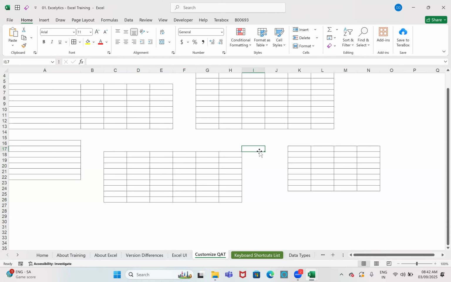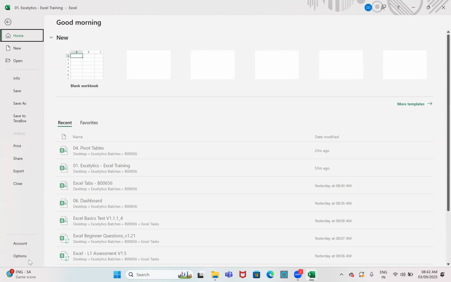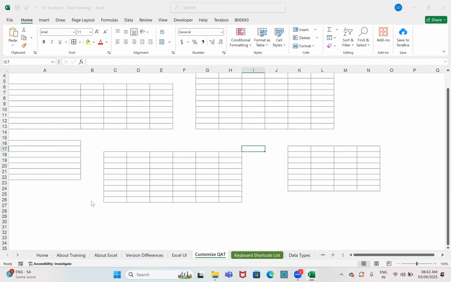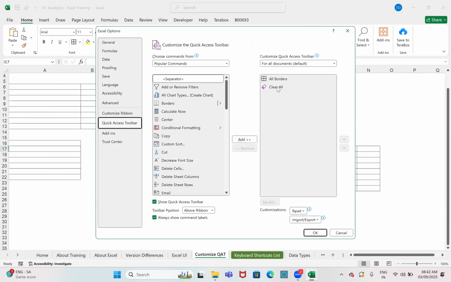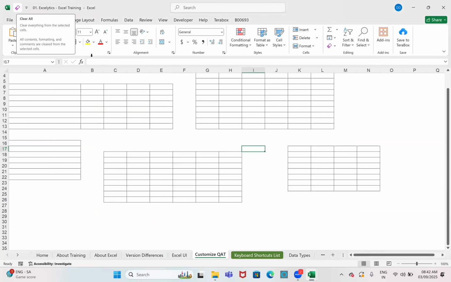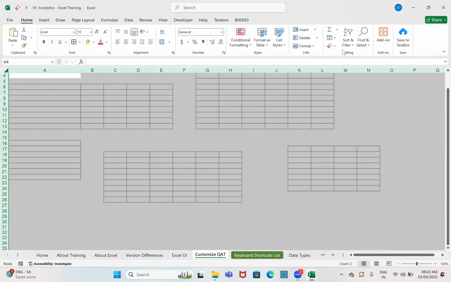Quickly you can access it. How to add that? Go to File, Options. Here you will have the quick access toolbar option. Select that and select whatever options you want to add here. See, suppose I am removing it. Remove. There is no quick access toolbar.